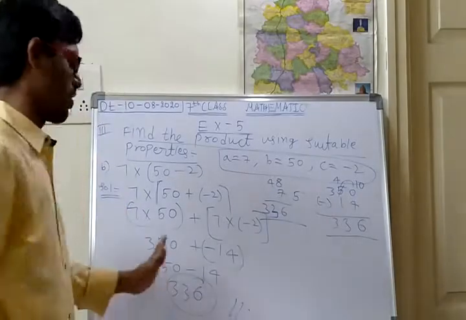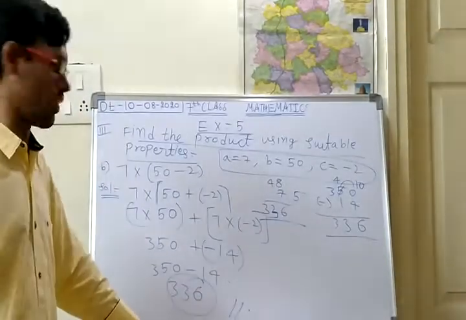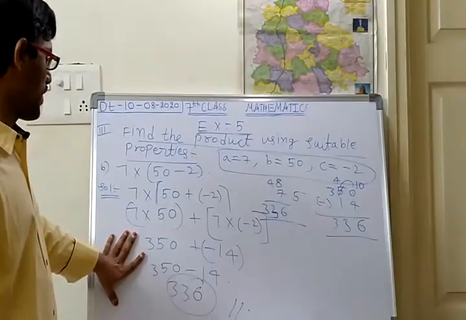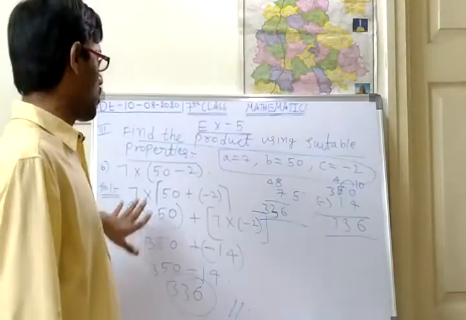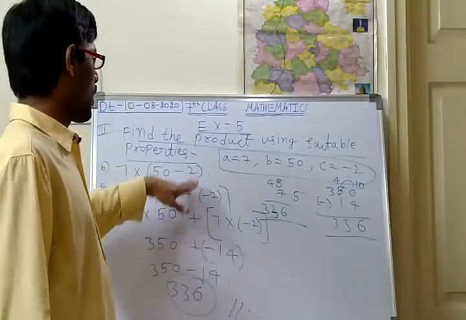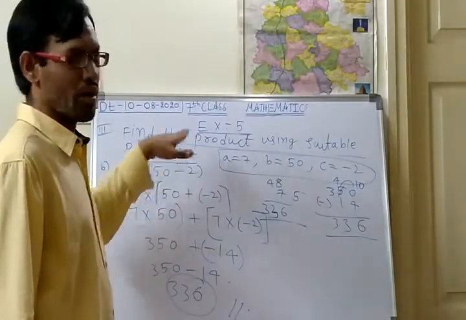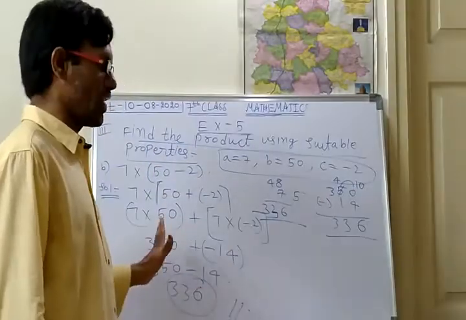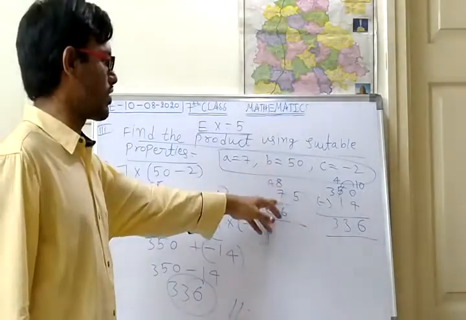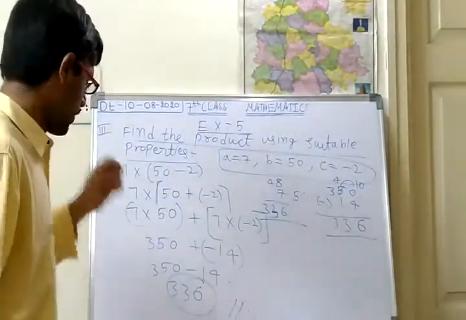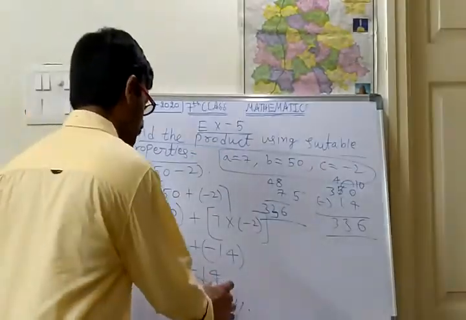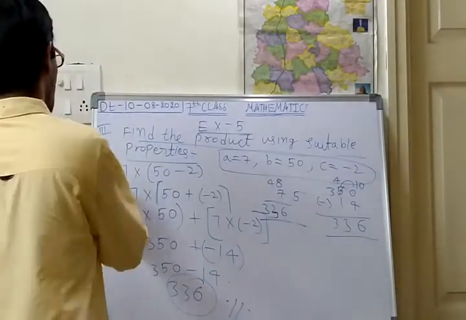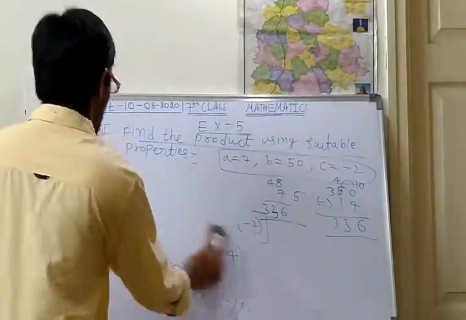So you can use any model, but this is a very particular model. So to find the product using the distributive property, you have to use this model only. Okay, I think this is very easy instead of doing 48 into 7. So like this there are problems. One more last problem I will say, and I will stop this one.